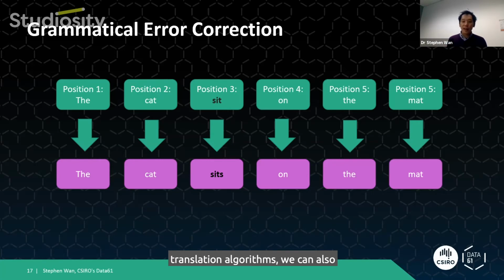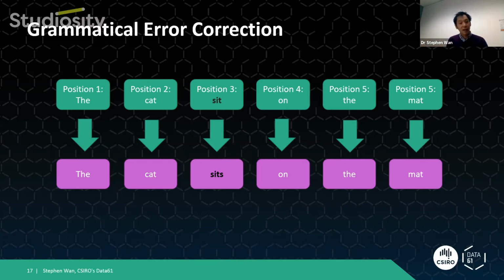And since we're using the translation algorithms, we can also exploit the context of the 2 preceding words, and the language model can tell us that the 3 words, the cat sits, is more probable than the three words, the cat sit. And if you compute these probabilities using large data sets for English, which happen to be at our disposal, to create these language models, and if you use the software libraries for machine translation that have been continuously developed and refined for decades, you quickly end up with potentially a viable solution to grammatical error correction.